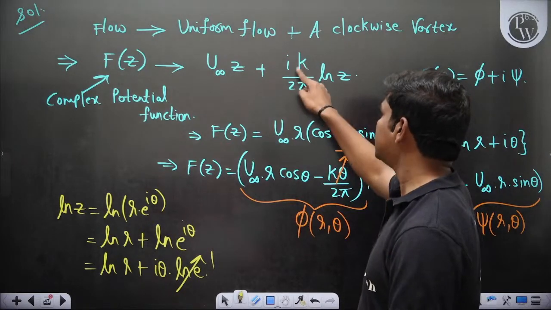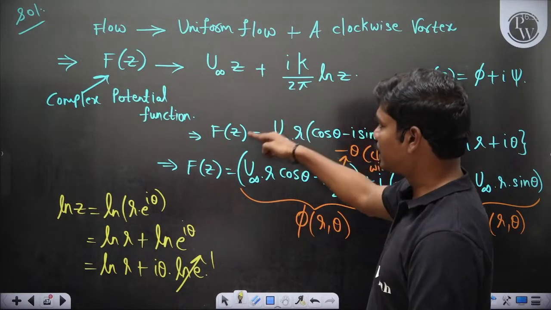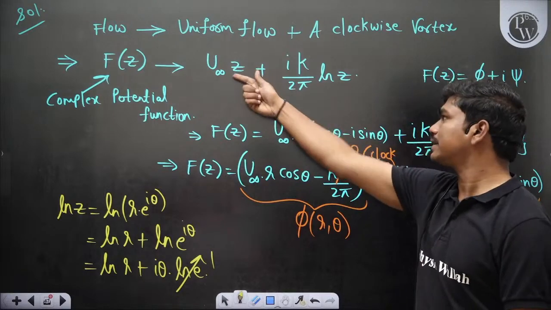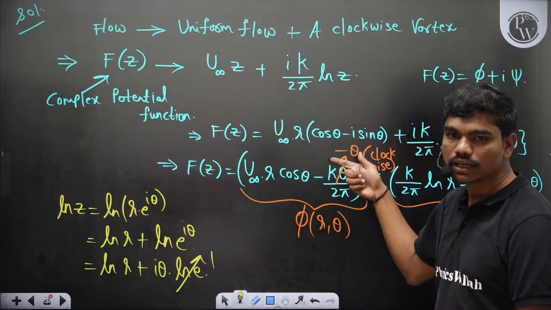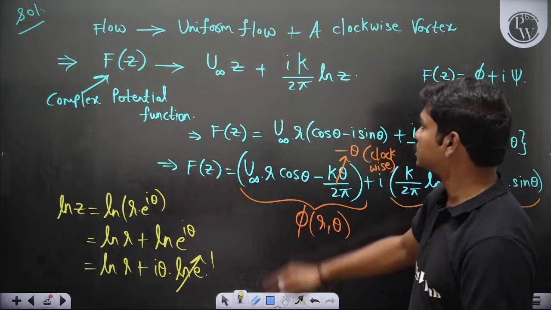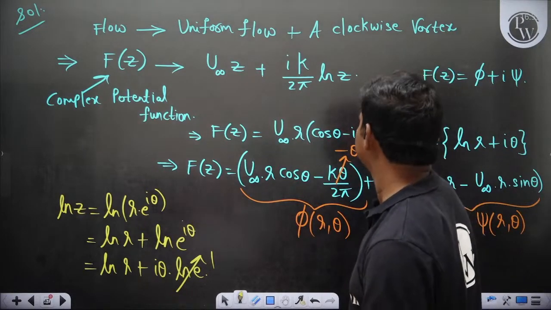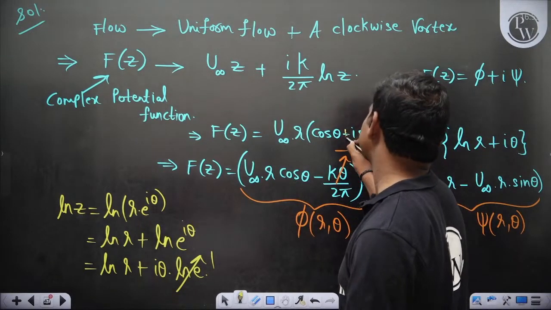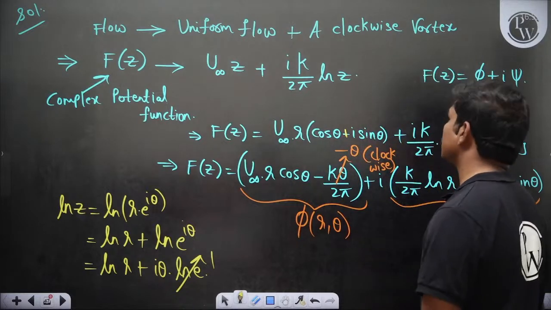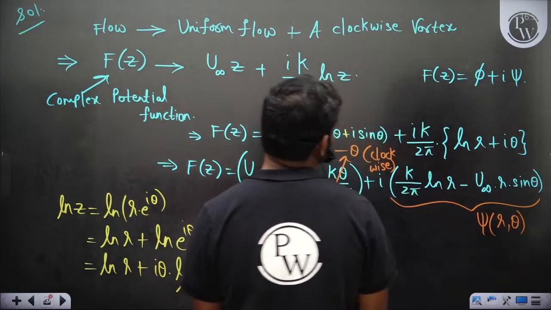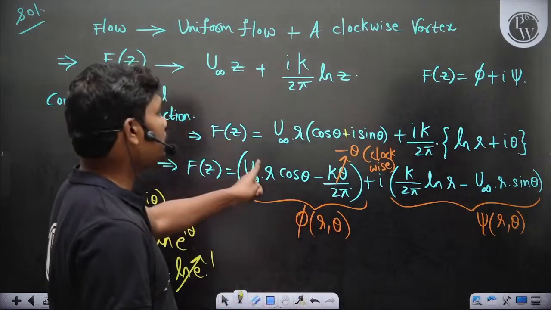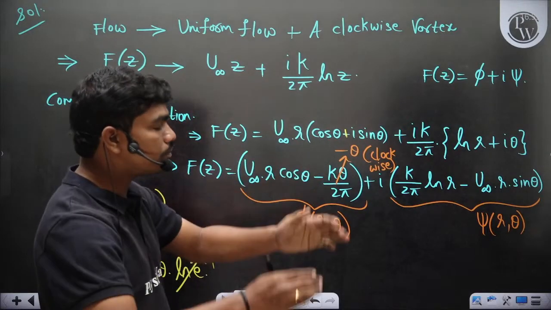Yeah, so if you see ik by 2 pi ln z, then f of z is equal to this. z can be written as r into e power i theta, so r times of cos theta minus i sin theta. Just a second guys, I think it should be plus, no? So cos theta plus i sin theta, because r cos theta plus ik by 2 pi into ln r plus i theta actually. So then you have u infinity r cos theta, if you take the real part, u infinity